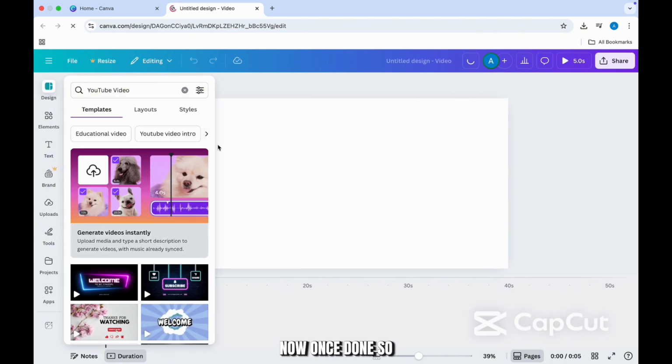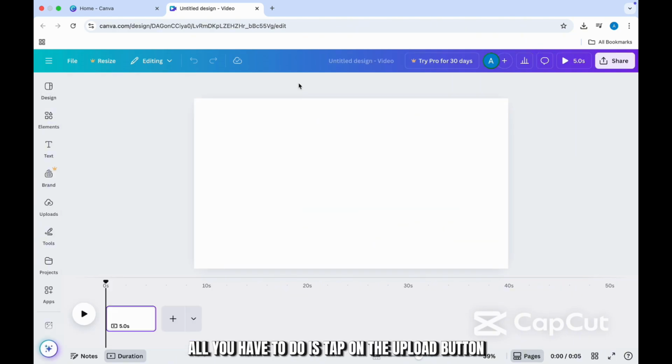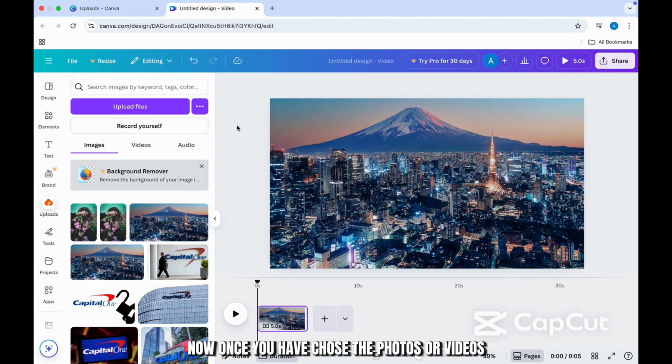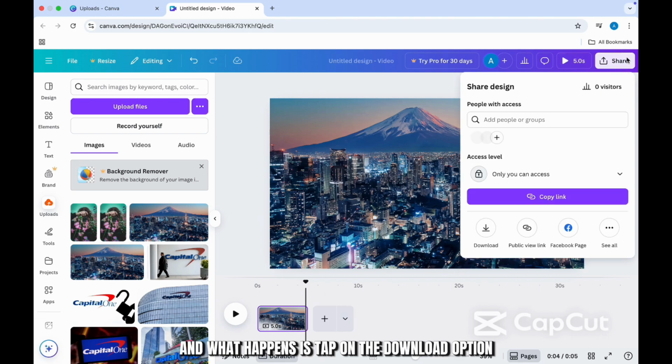Now once done, all you have to do is tap on the upload button available at the left hand side panel and upload the video or photo in this empty box. Now once you have chosen the photos or videos, then all you have to do is tap on the share icon available at the top right corner of your screen, and then tap on the download option,